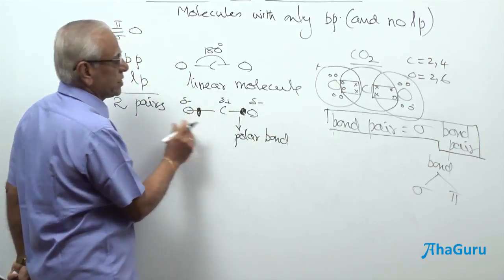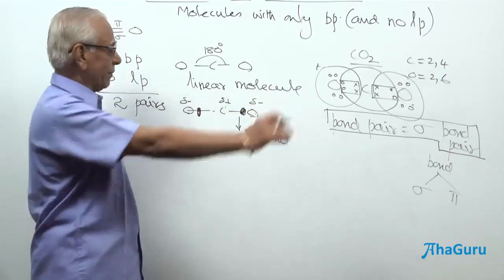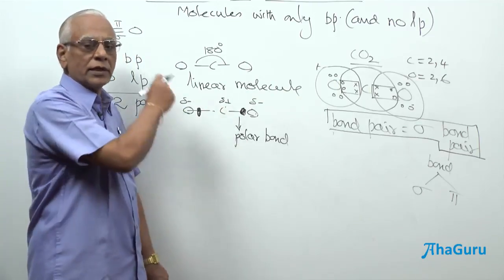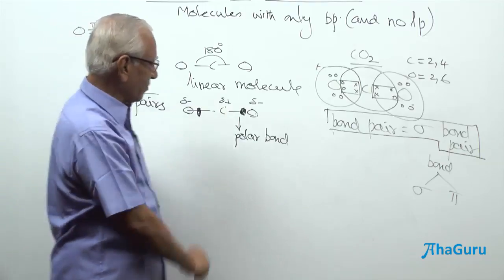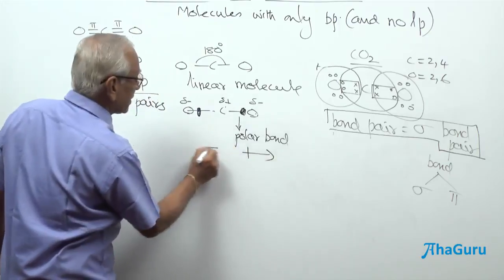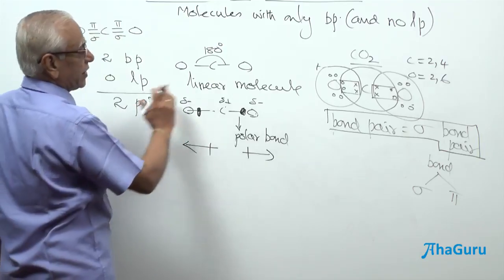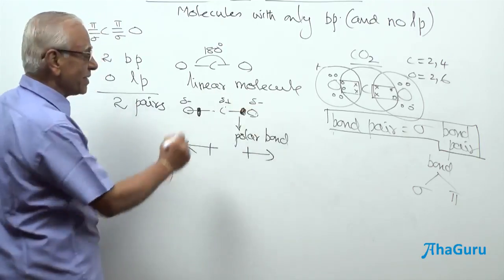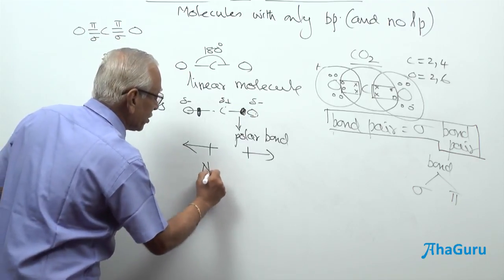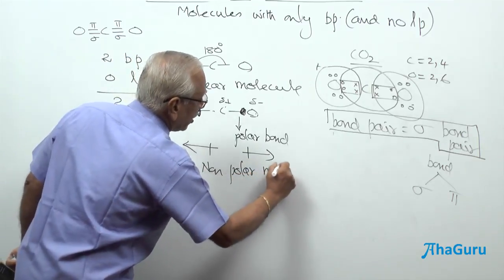My dear student, you just think of a tug of war having two equally strong teams. Both the teams are equally strong, therefore, the red knot does not move, and that is going to be the visualization of the carbon dioxide. Therefore, the polarity on this side is exactly compensated by the pulling of electron on the other side, and the net resultant polarity is going to be 0. That is the reason why carbon dioxide is considered to be a non-polar molecule.